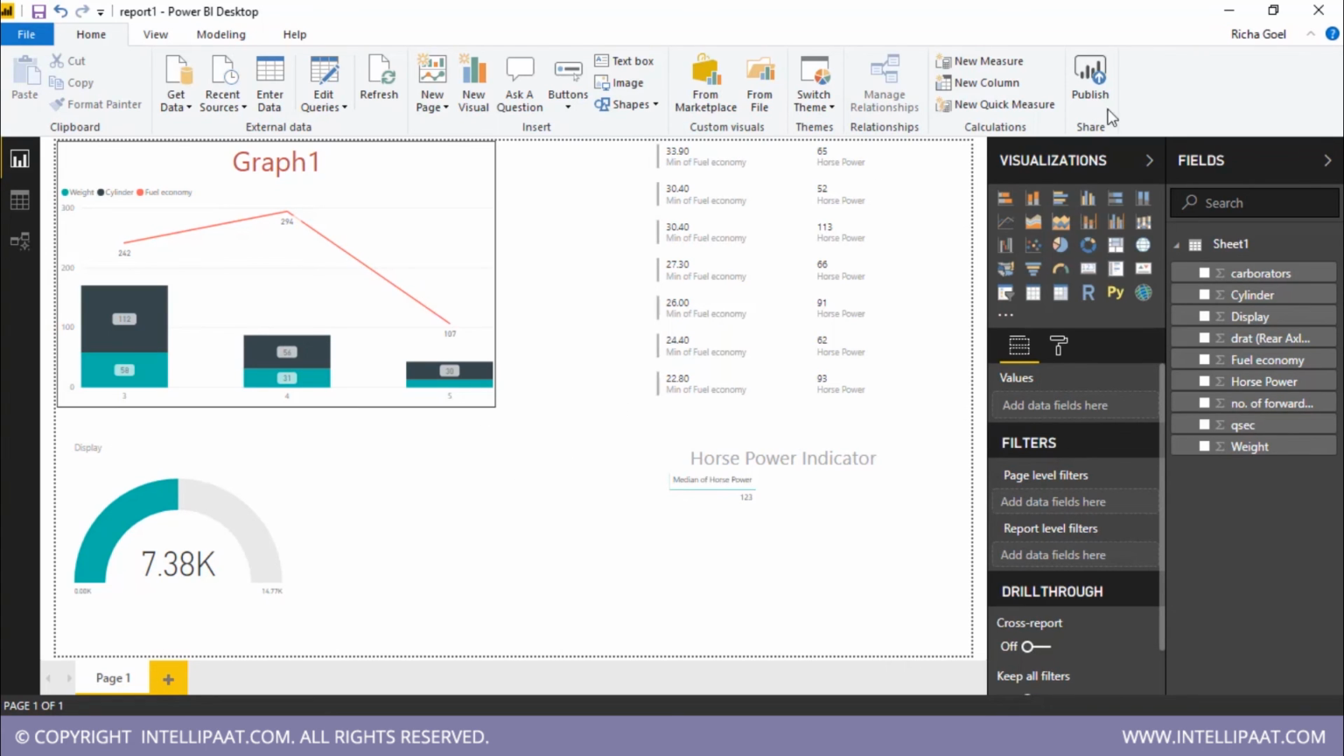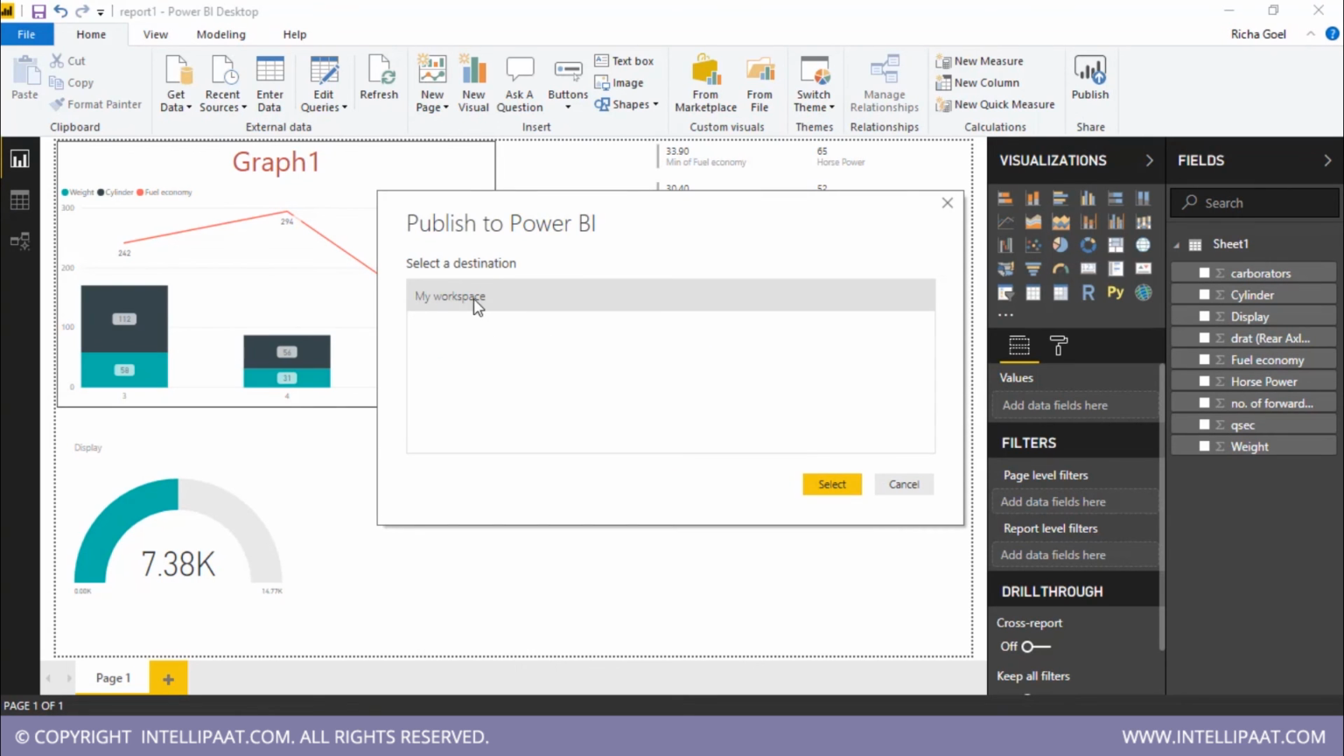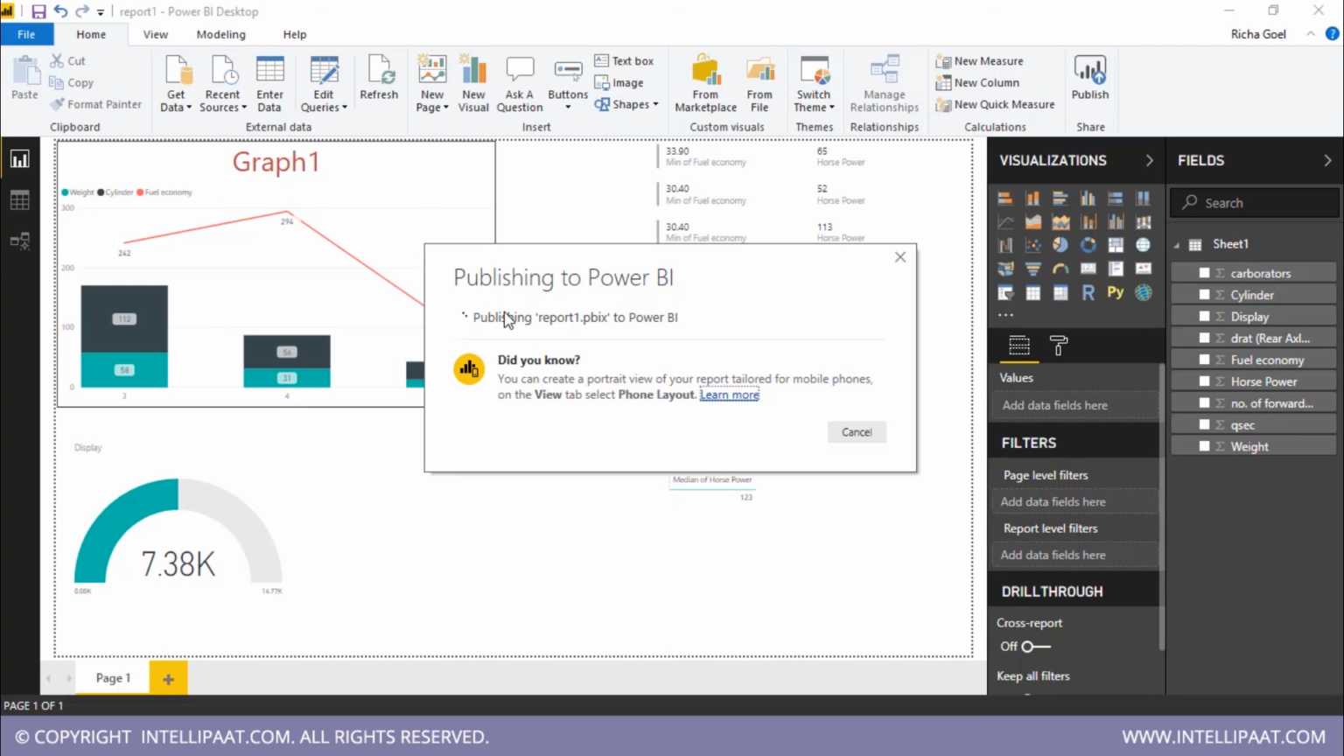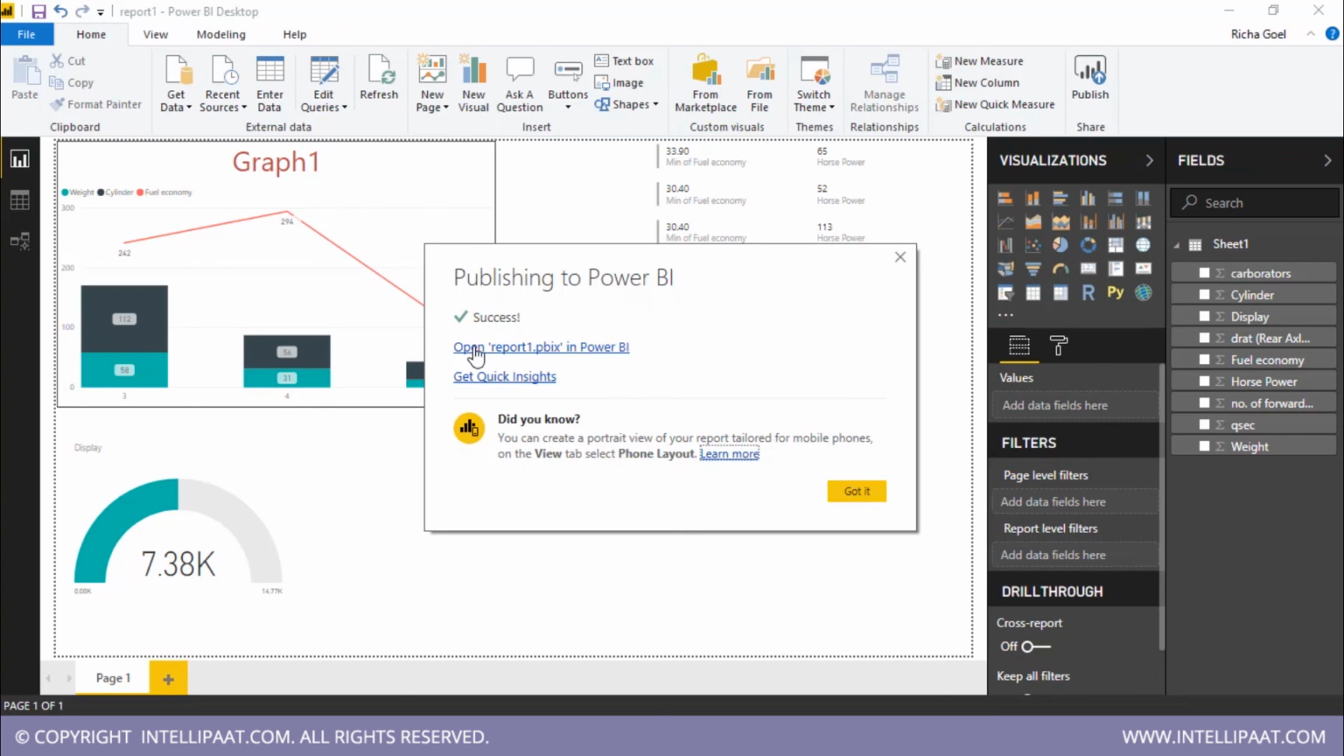On top of that, I can click on publish. By doing that, I will publish this report to the web. See, I'll show you. I'll click on publish. It will be taken to my workspace. So I will select my workspace. Now this report 1 is being published to Power BI. See, now it is published. So I can open